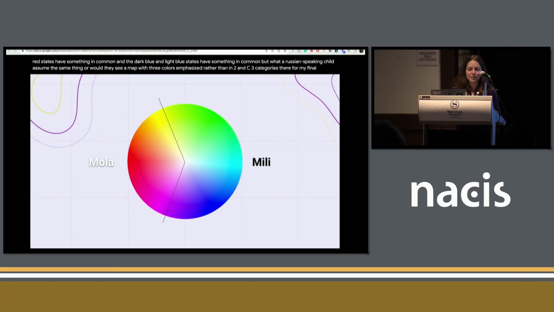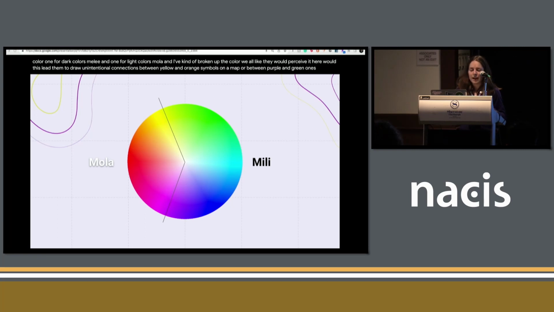My final color example here is from a language called Dani, which is spoken in part of Indonesia. And in this language, there are actually only 2 terms for color. One for dark colors, mili, and one for light colors, mola. And I've kind of broken up the color wheel like they would perceive it here. Would this lead them to draw unintentional connections between yellow and orange symbols on a map, or between purple and